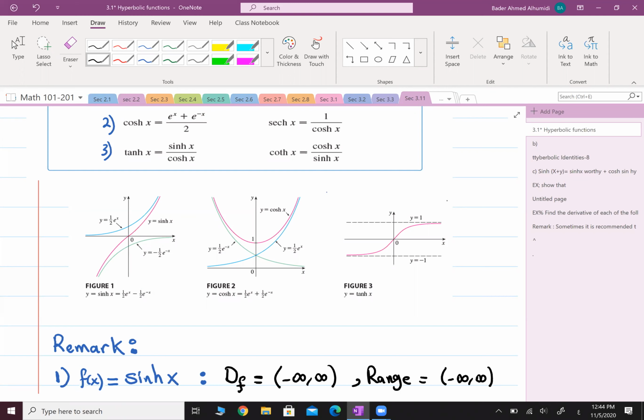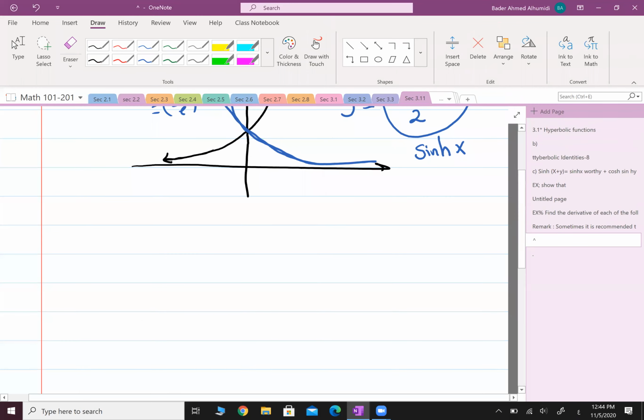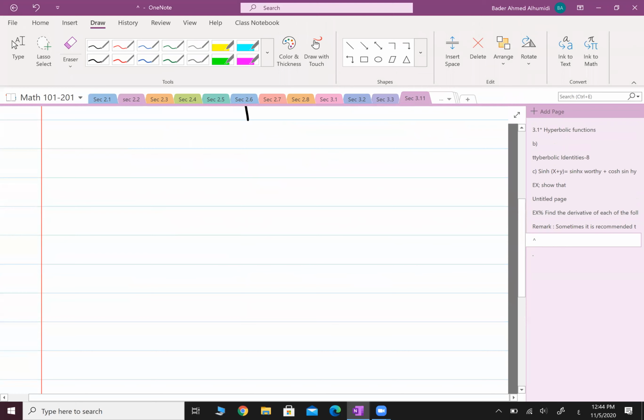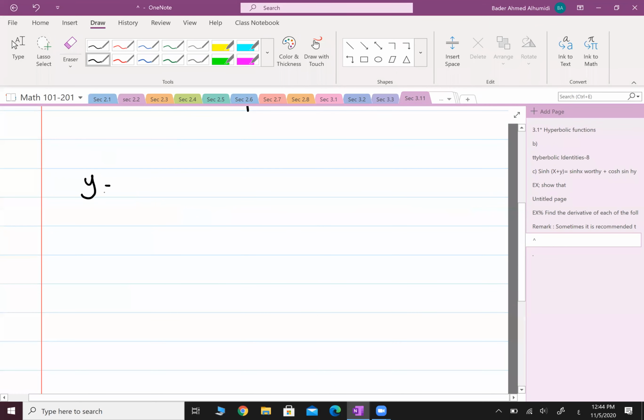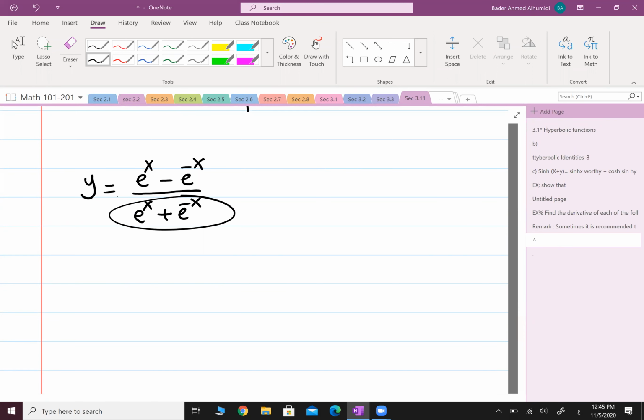ليش الدومين minus infinity to infinity؟ خلينا نناقش هذه على حده. ليش الدومين حق الدالة التانجنت is minus infinity to infinity؟ راح نشوفها. e to the power x minus e to the power minus x over e to the x plus e to the power minus x. طبعا هي دالة كسرية صحيح؟ الدومين دائما يكون all real numbers except the zeros of the denominator. لأن دائما الدالة في هذا المثال الآن النيوميريتور always defined الدينومينيتور always defined. يبقى لنا فقط المشكلة لما يكون الدينومينيتور is equal to 0. فالسؤال هل ممكن e to the x plus e to the power minus x يساوي 0؟ من يقول لي ممكن أو لا ليش؟